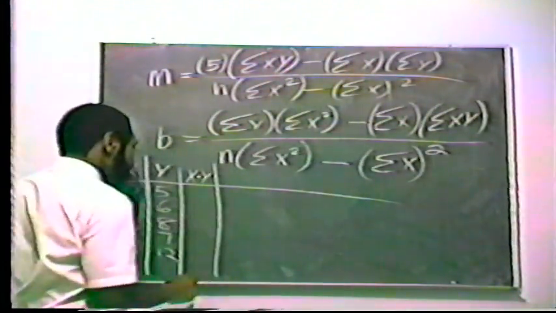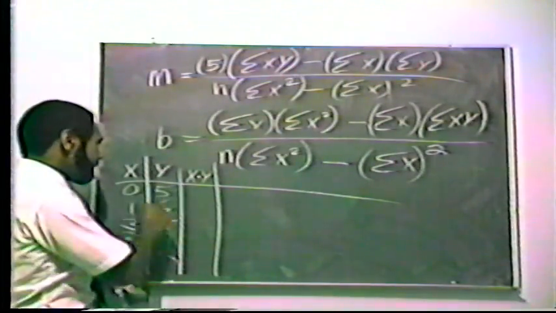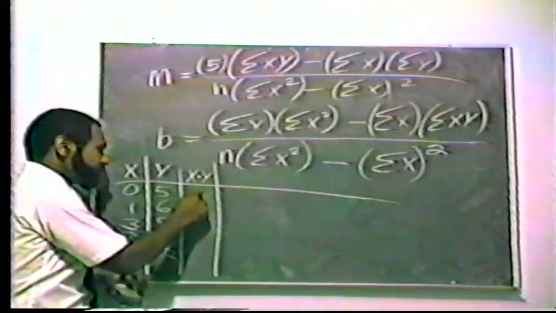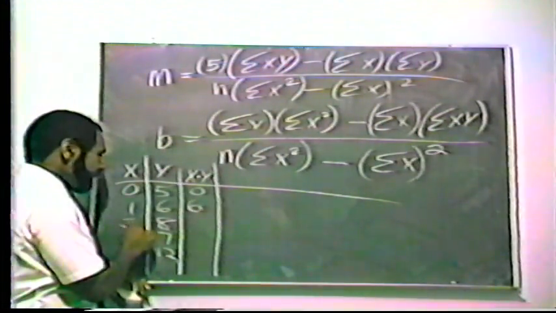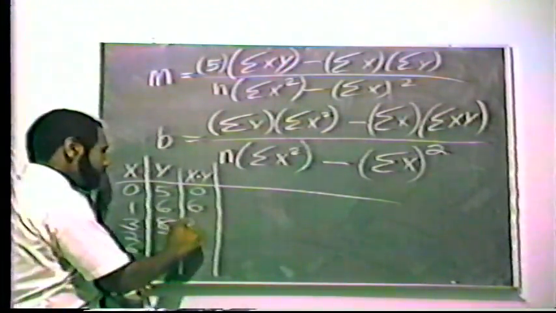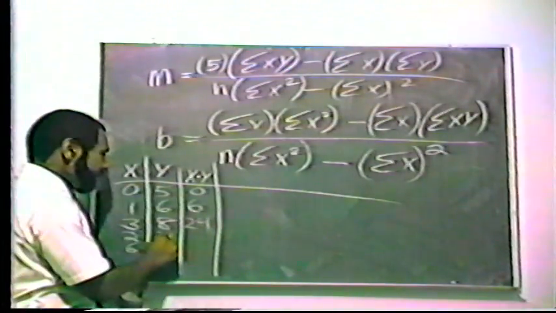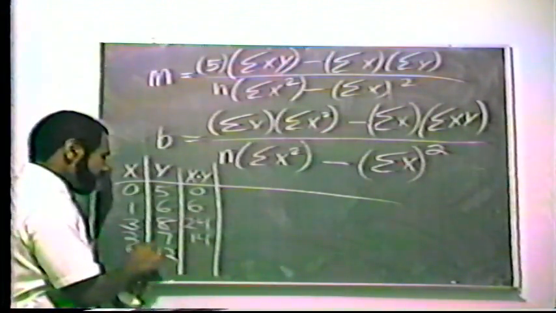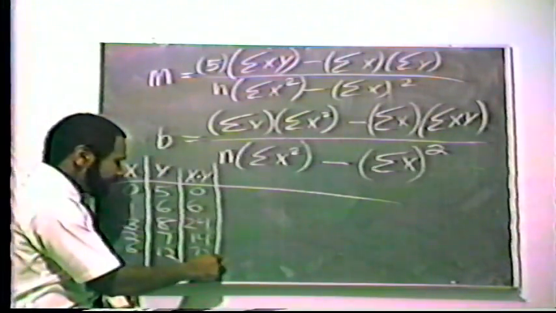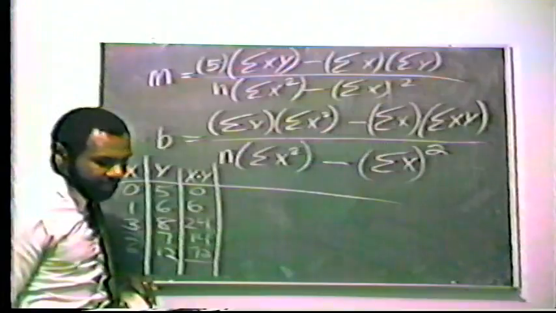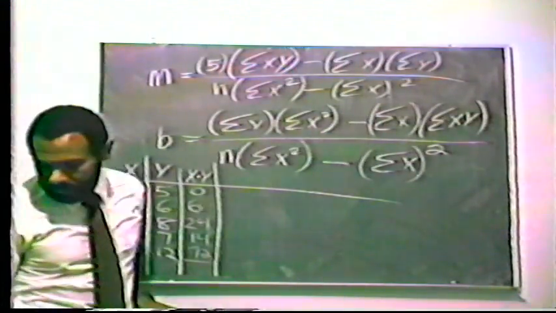And we proceed to multiply x times y. 0 times 5, we get 0. 1 times 6, we get 6. 3 times 8, we get 24. 2 times 7, we get 14. 6 times 12, we get 72. And then we have to add those together. We add them together, and we get,